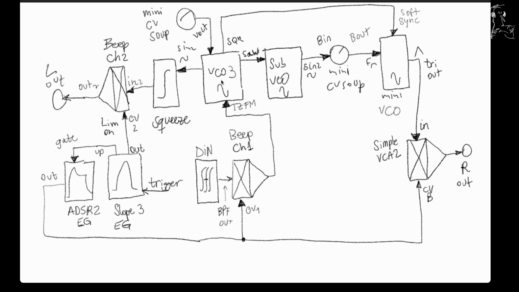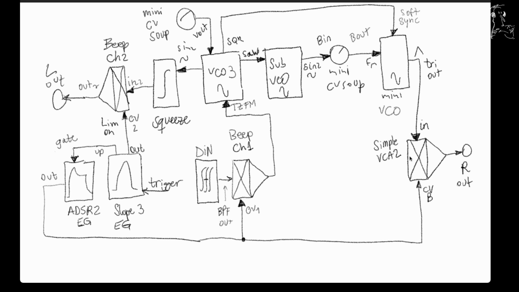Now let's focus on the modulation that the VCO3 has. I mentioned before we have the DIN module, which produces a bandpass noise source, and that's through a VCA into the through 0FM. That VCA is the first channel of the BIP module, which, as I mentioned before, I have an ADSR which provides the envelope to that channel, that VCA, sorry, and that also it's being used for the second